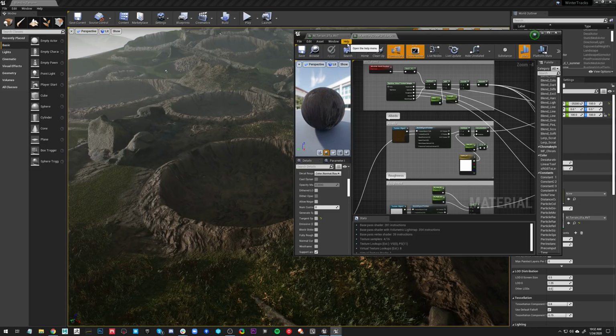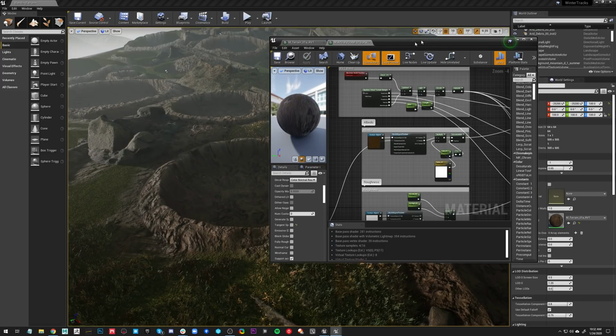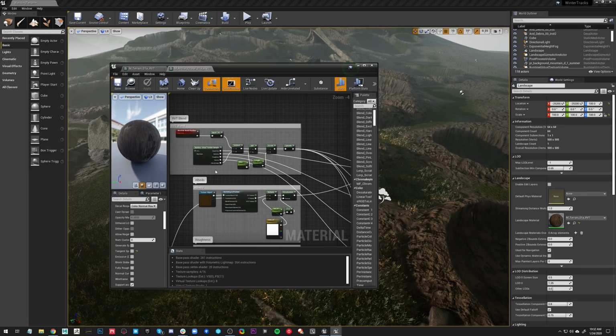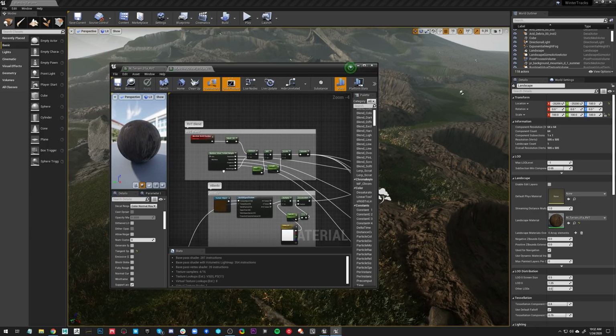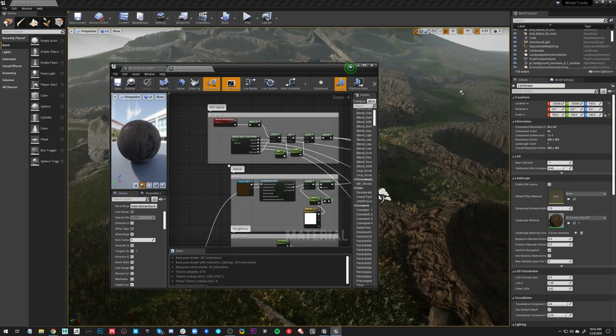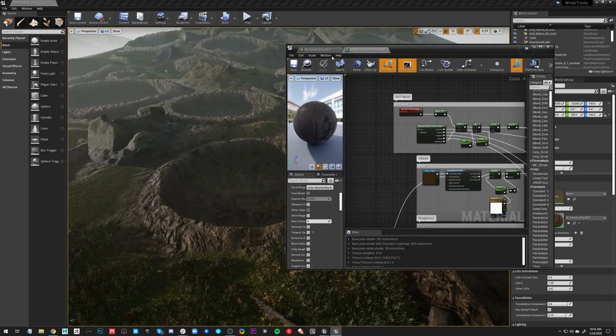Well, since we do have a little bit more time than I anticipated, what we can do is we can actually go into the grass texture, and I can show how that would work, because like I said before, with runtime virtual texturing, the really nice thing about this whole setup is just how flexible it is and how many different applications it has. It's kind of endless. I'm excited to see where people start taking this, because people always take this in weird directions, and it's always very exciting. So let's go ahead and just look at our